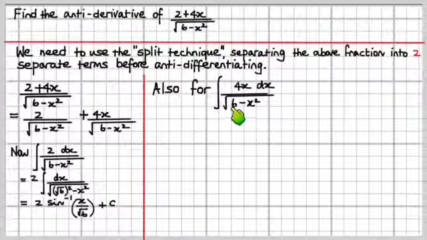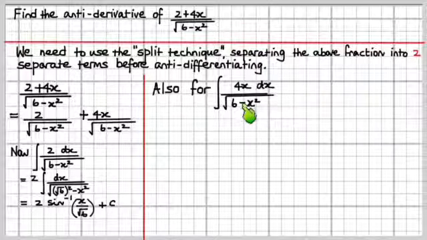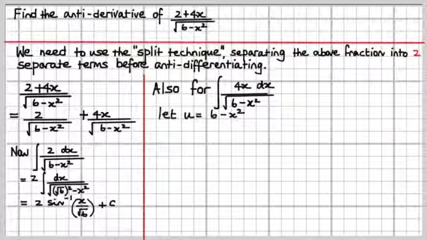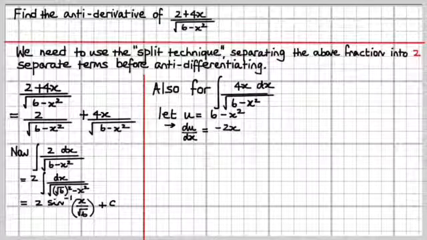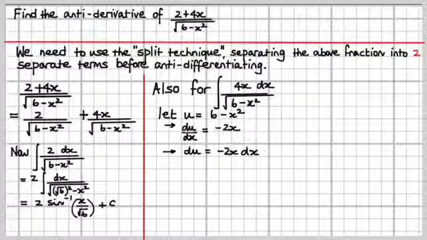4x over square root of 6 minus x squared with respect to x. Well, as you go through your shopping list of antiderivative techniques, you can see, guys, with a little bit of sleight of hand, we can organise that as the original function plus its derivative present in the same integrand, right? So if we let u equal 6 minus x squared, therefore du dx is minus 2x, and therefore du is minus 2x dx,